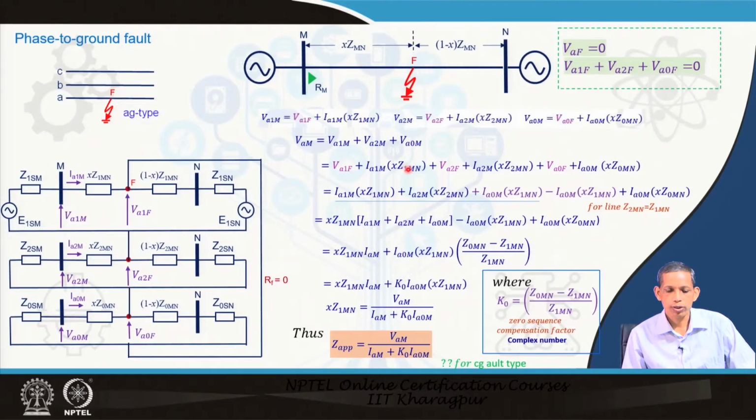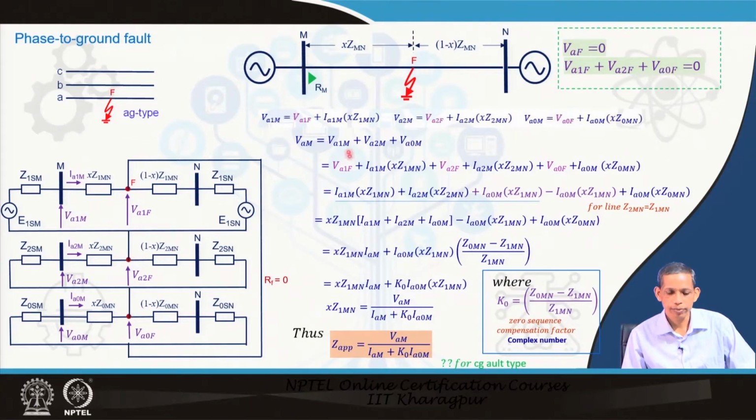So, this is the part you can say about this VA1M. Similarly, for VA2M we have VA2F plus this drop, so VA2F plus I2M x Z2Mn, and similarly for the zero sequence, VA0F plus this drop. So, VA0F plus I0M x Z0Mn. So, this is what is represented by this representation for the VAM, the fault point voltage at